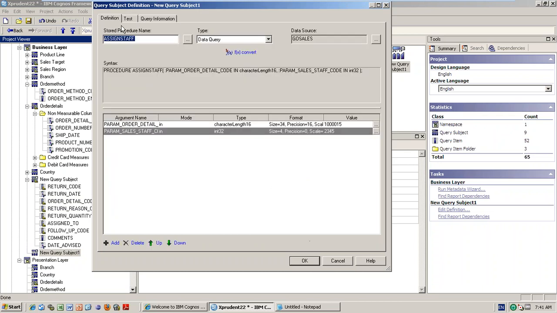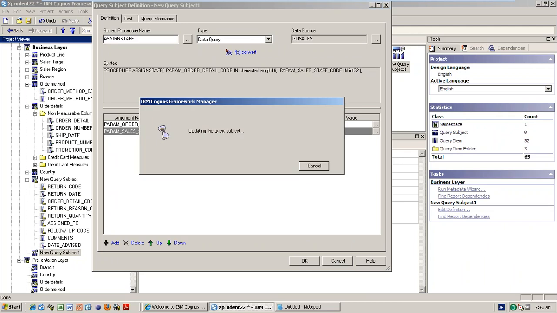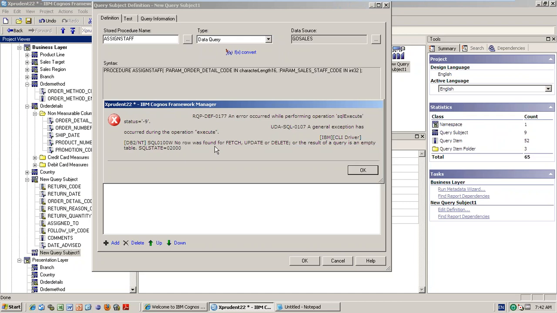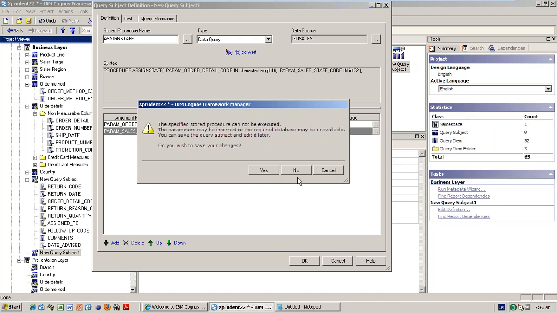Because here what I am doing, I am just putting whatever I want, 2, 3, 4, 5. But actually that number may not be there. So that's the reason why, when you click, it shows there is no data with the 2, 3, 4, 5 number, because I am writing blindly, right? So that's the main thing. You see, updating the query subject shows us the staff code 2, 3, 4, 5 is not present, and then no row was found. That means no data is found. So that's the issue. If you give the proper staff code and proper name which is available in the database, then obviously it will not be broken. Any questions?